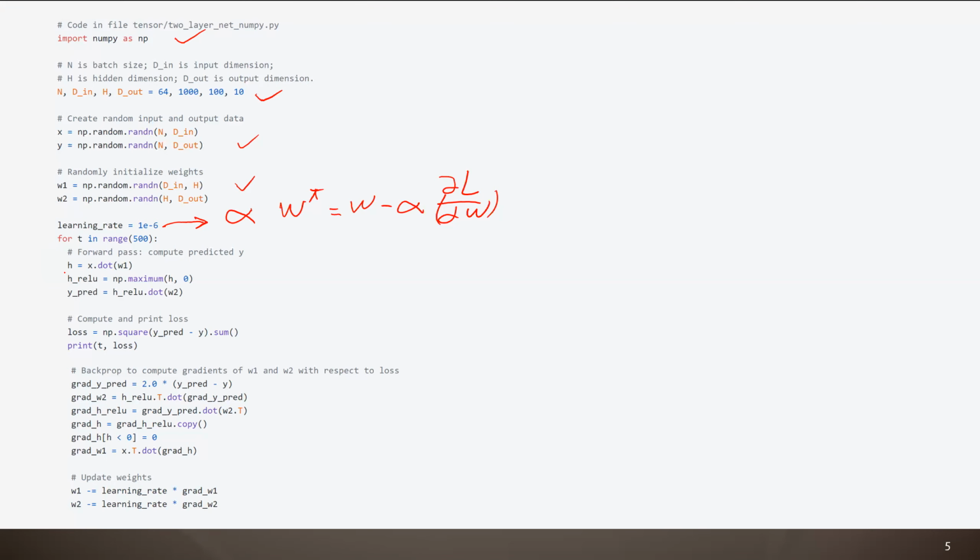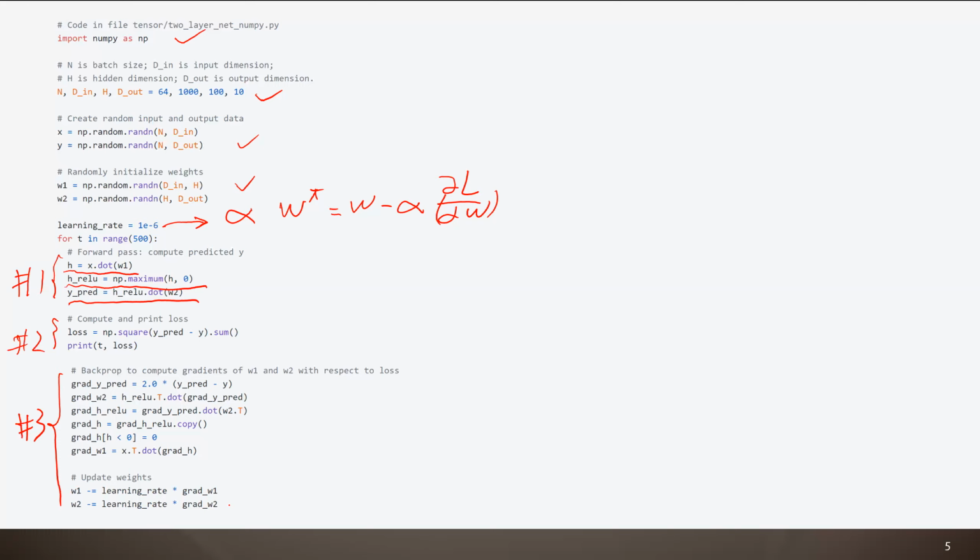And now we can see, okay, they do the first forward layer. They define the ReLU layer, and they get the prediction of Y. Okay, two layers. And here you can see they compute the loss. So this is step number 1, step number 2. And then they do the backward computation to compute the gradient of the neural network. They compute the gradient of each variable, and then